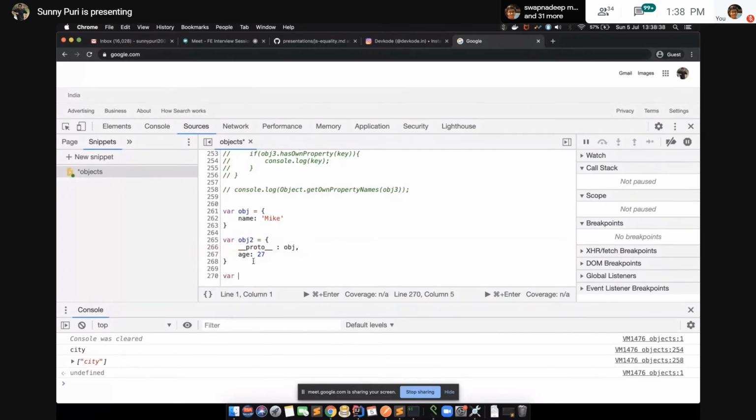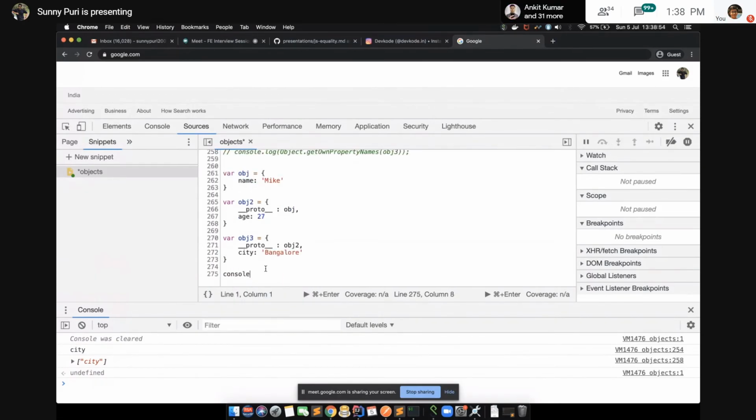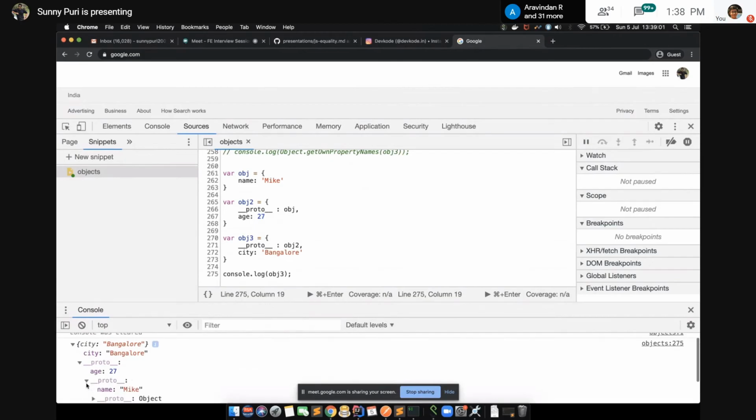Then we can have object 3. Just add the proto of object 2, or write city as Bangalore. Just print object 3. Just see this, guys. Got it. This is a trick to add inheritance. This is clear?